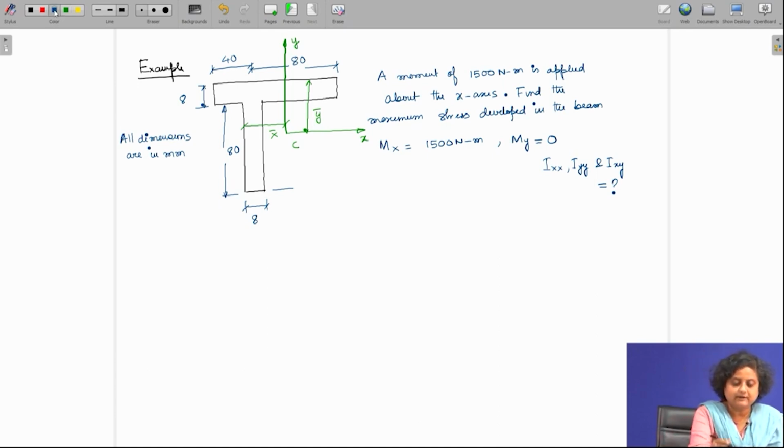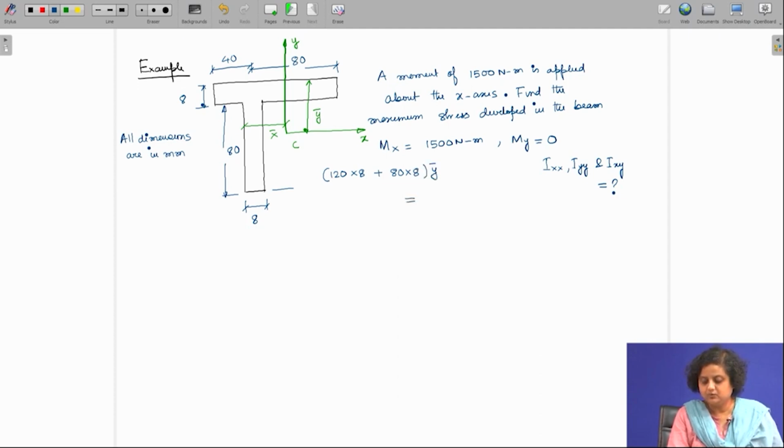So, it's a very conventional way to find out the x bar and y bar. Let us first try to find out y bar. So, the total area of the cross section is 120 into 8 for the upper portion and 80 into 8 for the vertical portion, and that into y bar is going to be